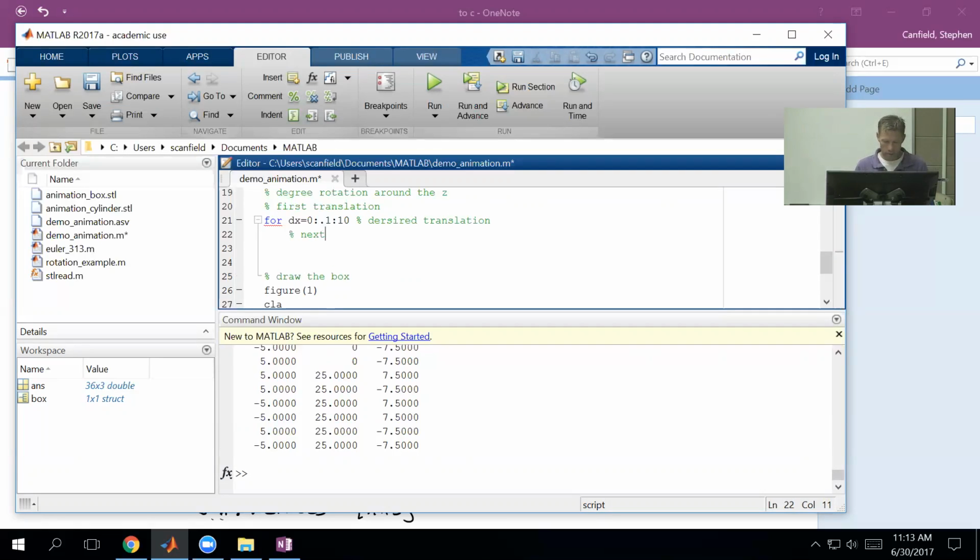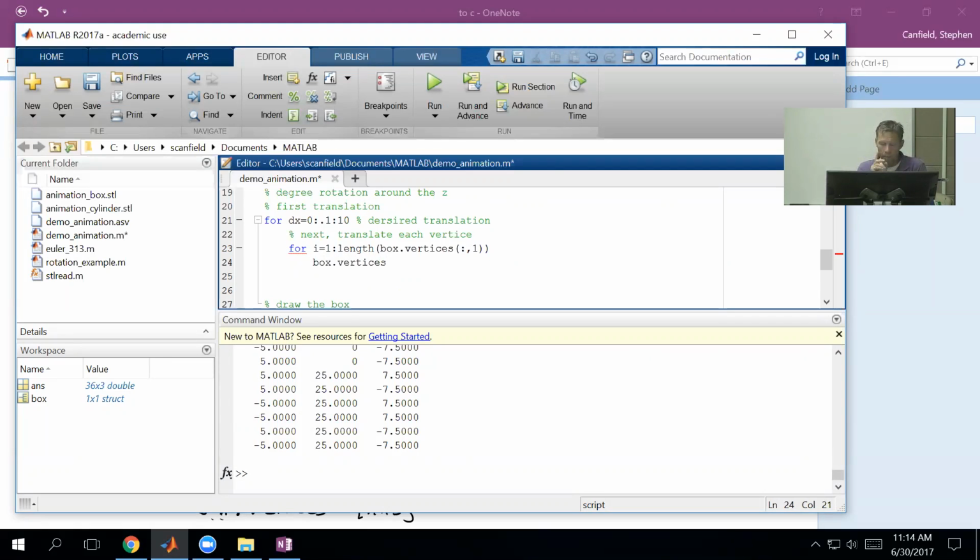Next, I need to translate each vertex. So I'm going to go for i equal 1 to the length of box.vertices, and I want the length of all rows, column 1, for example. That should give me the length of that. Then inside there, I'm going to say box.vertices, and I'm just going to